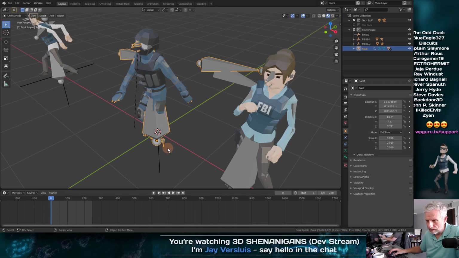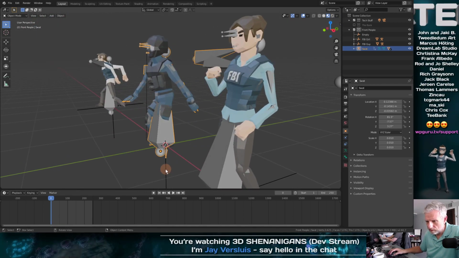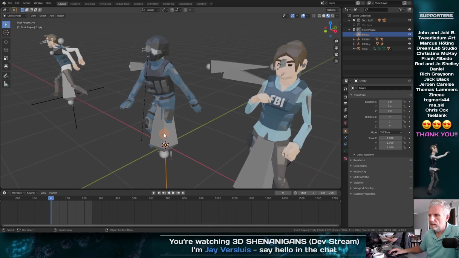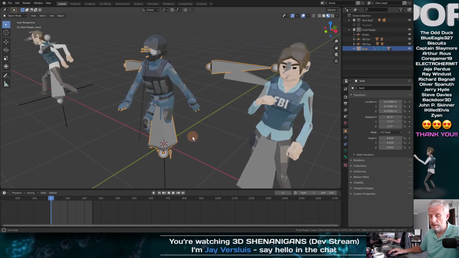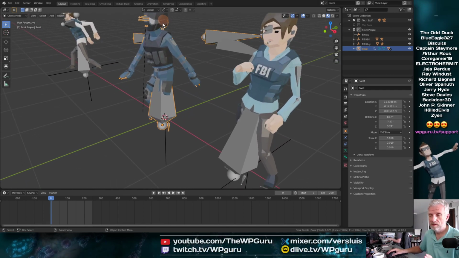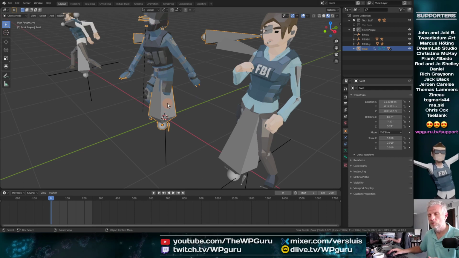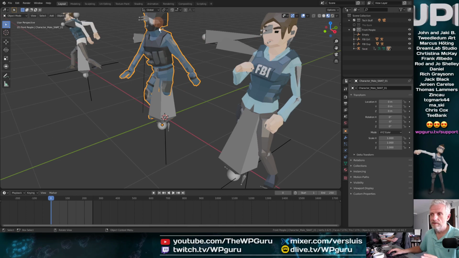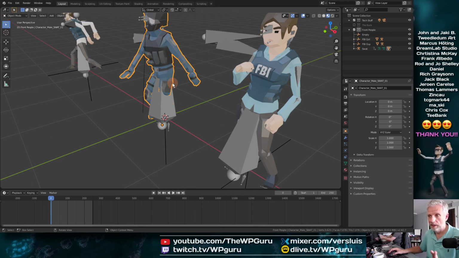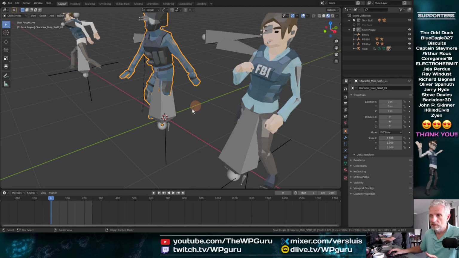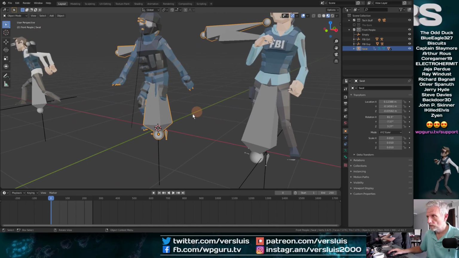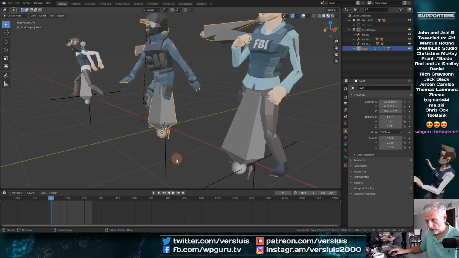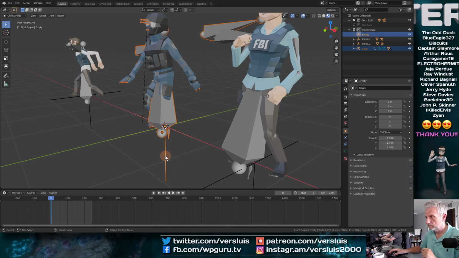So select. I see I can't actually select the empty, can I? Does this let me select it? Yeah, it does. So I select the root node first here, so like the big bone. So that's probably what answers Dreamlab's question there. If they were tiny and inside the character, it would be difficult for me to grab it. And when I select the character, then that's not actually the skeleton, it is actually just the mesh. So maybe that is why sometimes the bones are just massive. It could well be like what you say, Christina, selectability. So select this guy, then I shift select or control select the empty, so it is selected last.